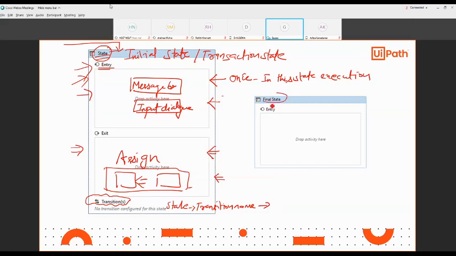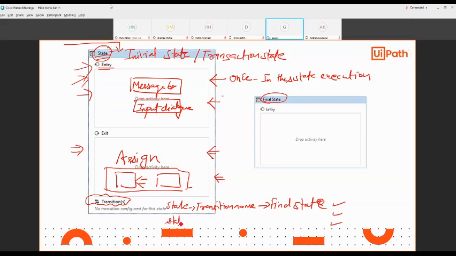Suppose I mention the final state. This kind of flow will be pasted here. There could be multiple, one, two, three, as required.